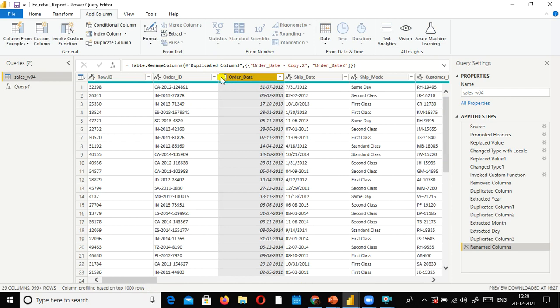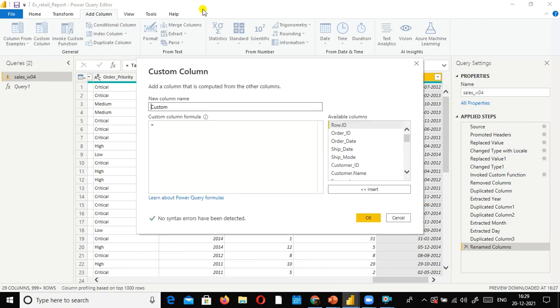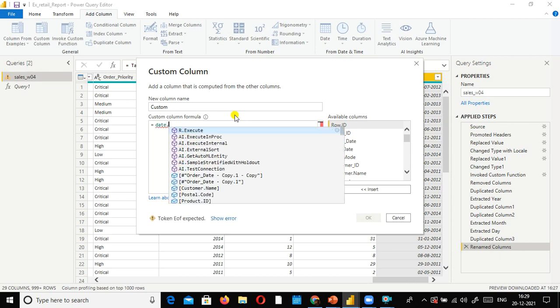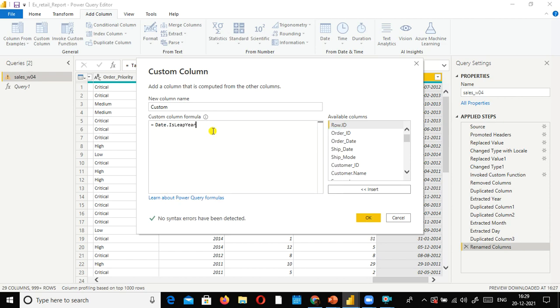So fine. So what I am going to do is, I am trying to show you different M language related functions. Date dot is leap year. Like other programming languages, even the M language is also case sensitive.